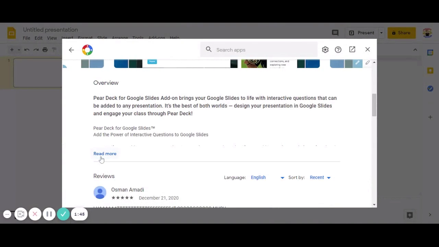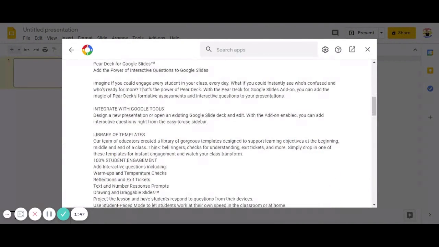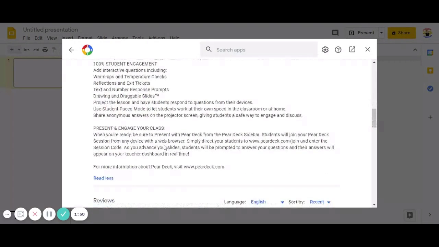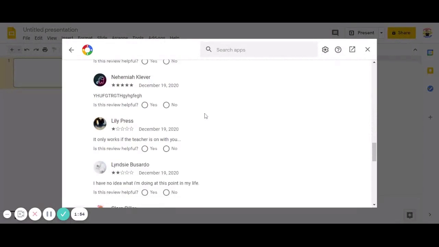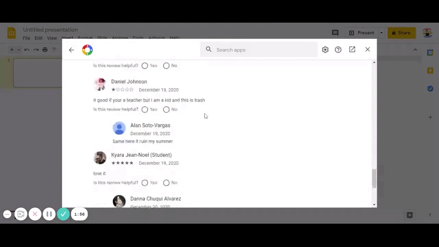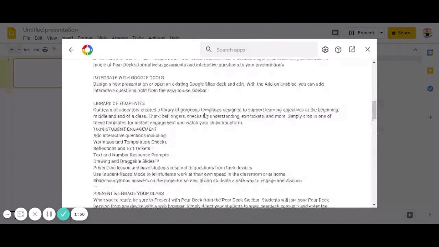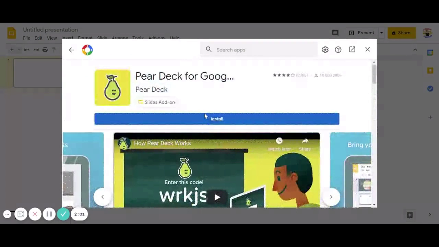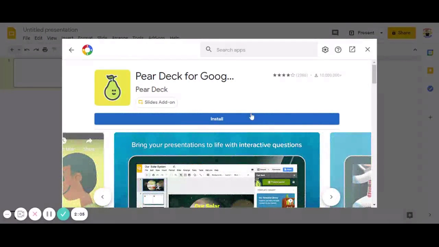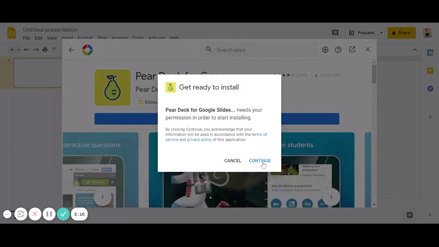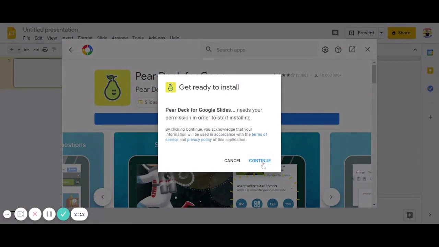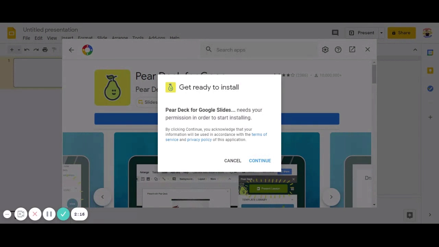We've got an overview here. We can read more information to see if this particular add-on does what I'm looking for. You can look at some reviews here. They don't look so great there for Pear Deck, but I'm sure they are not necessarily representing Pear Deck as a whole. And to add this, we click on Install. We're going to need to give it permission by clicking Continue. It's going to go to the General